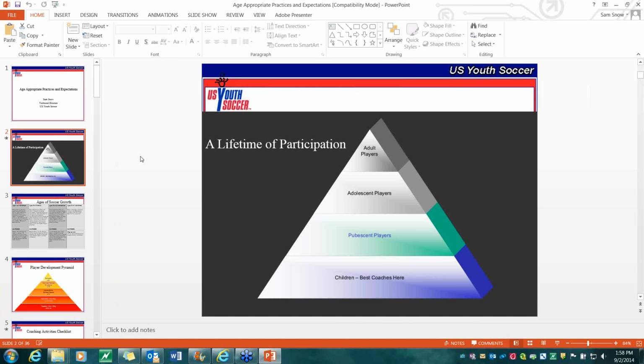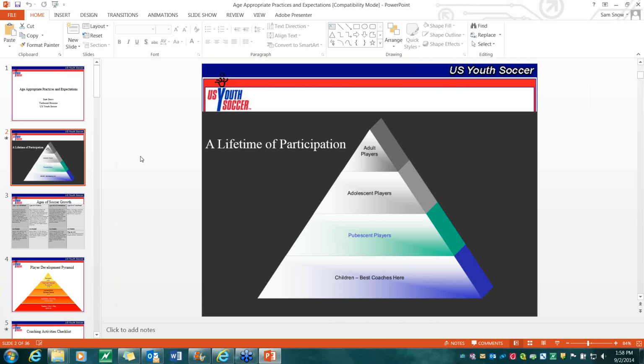Biological stages of growth and development within our adult-oriented sport, and that is the base being childhood. Mostly that's U6, U8, U10. You begin to get into the pubescent players. That's generally the U12 through U14 age groups. You begin to get into the adolescent age groups. That's generally U16 on up through U17, U18, U19 perhaps, although certainly you can throw those U19s biologically into the